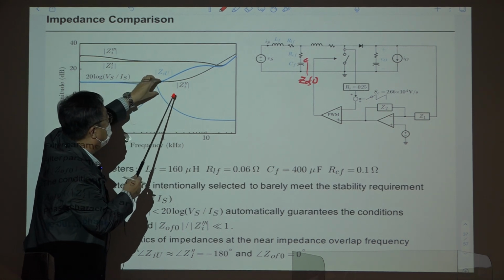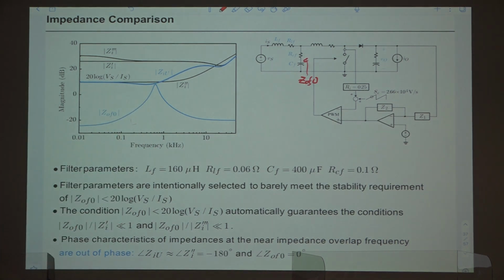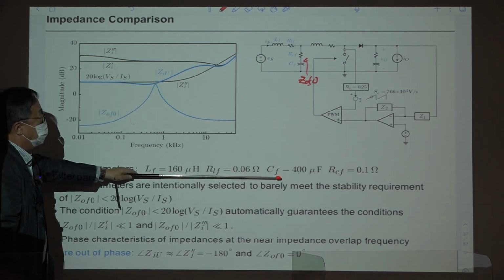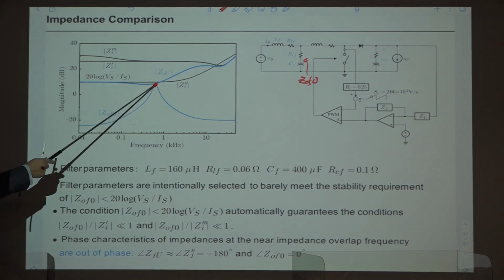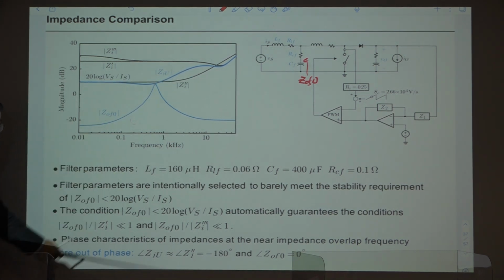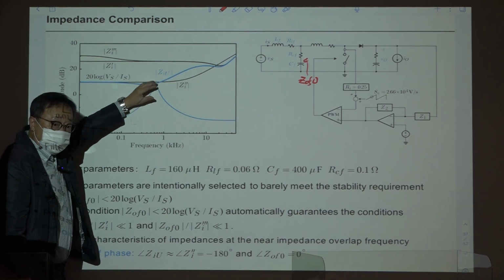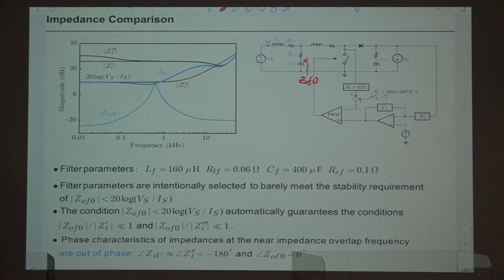So I'd like to show the impact of this nearness of these impedances. So here, this is a parameter I selected to generate this, and this barely meets the stability requirement for the stability of the combined converter. The peak value falls below this line, but they are very close. It is nearing this line, so maybe you can expect that this converter may remain stable, but